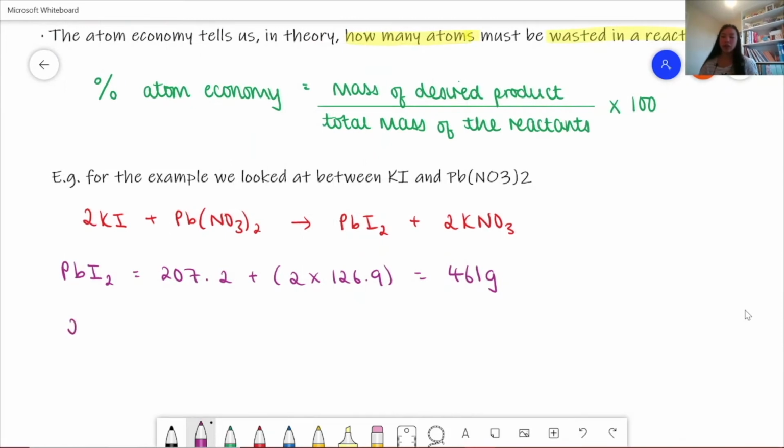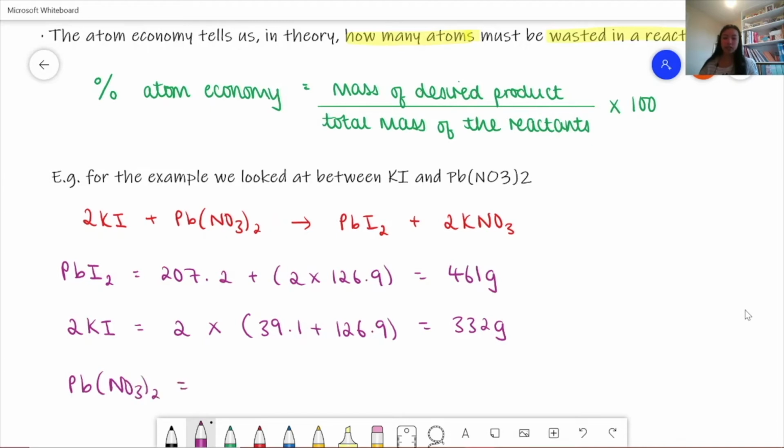So we have 2 moles of this potassium iodide. And so we have to do 2 multiplied by the MR of potassium iodide. So we have 2 times 39.1 plus iodine, which is 126.9. And this gives us 332 grams. And then we have lead nitrate, which is equal to 207.2 plus 2 times nitrogen, which is 2 times 14, plus 6 times the AR of oxygen, which is 16. And this gives us